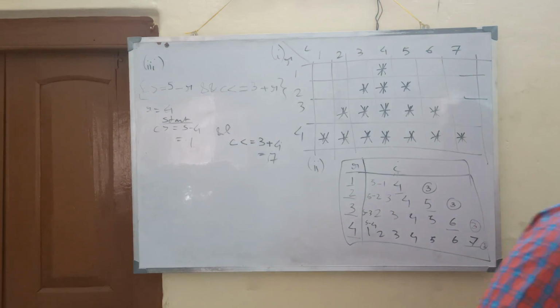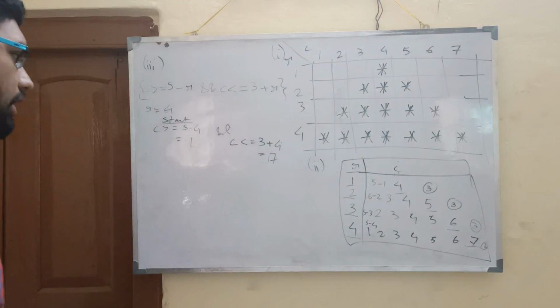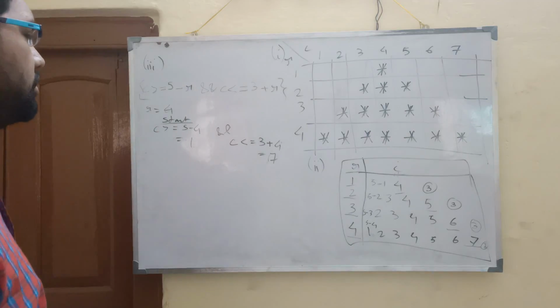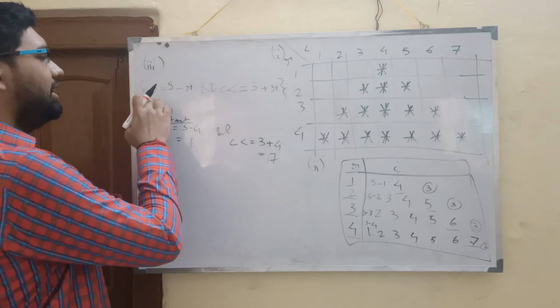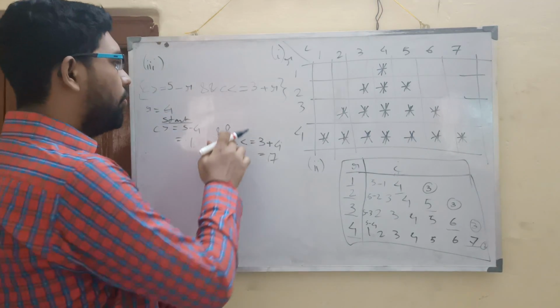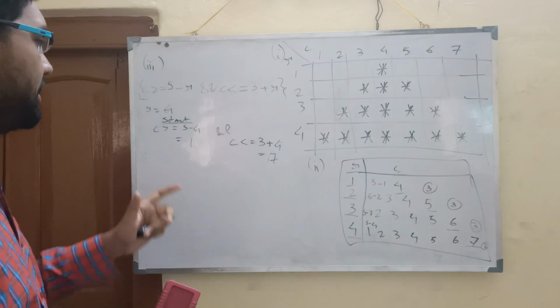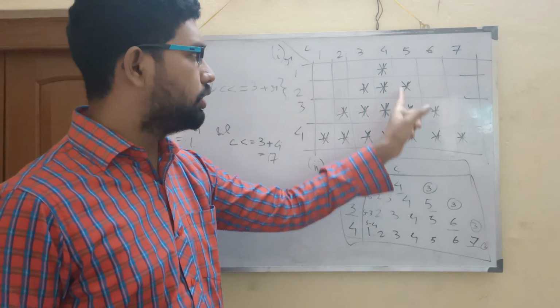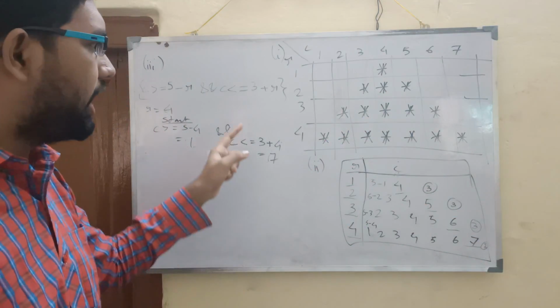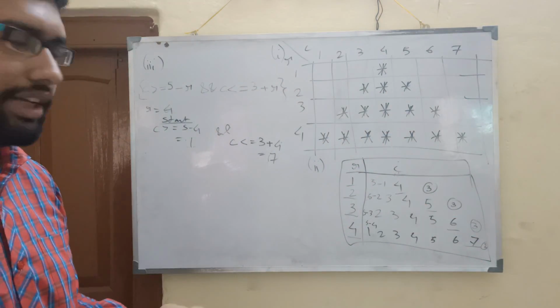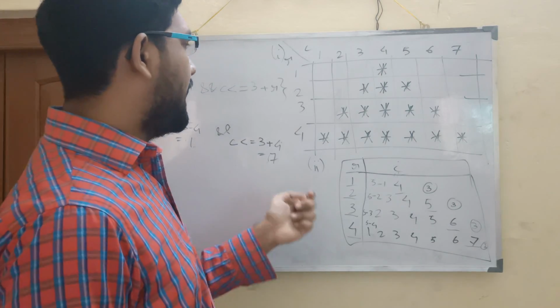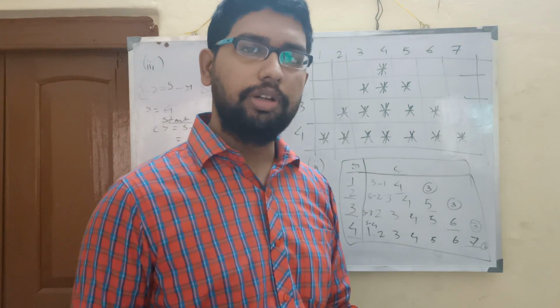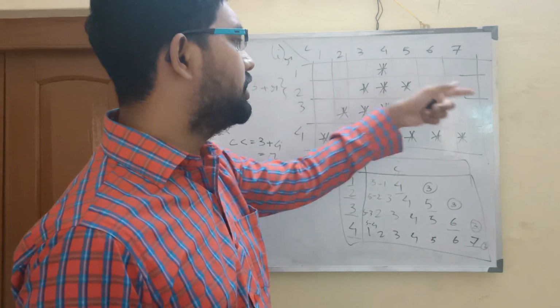Now what we need to do is print out this part. So this is the logic behind it. C greater than or equal to 5 minus R, where C is the column and R is the row. So we have understood that. We have found out at which positions these conditions are applied, right? And when these conditions are not applied, we are basically printing out the spaces.